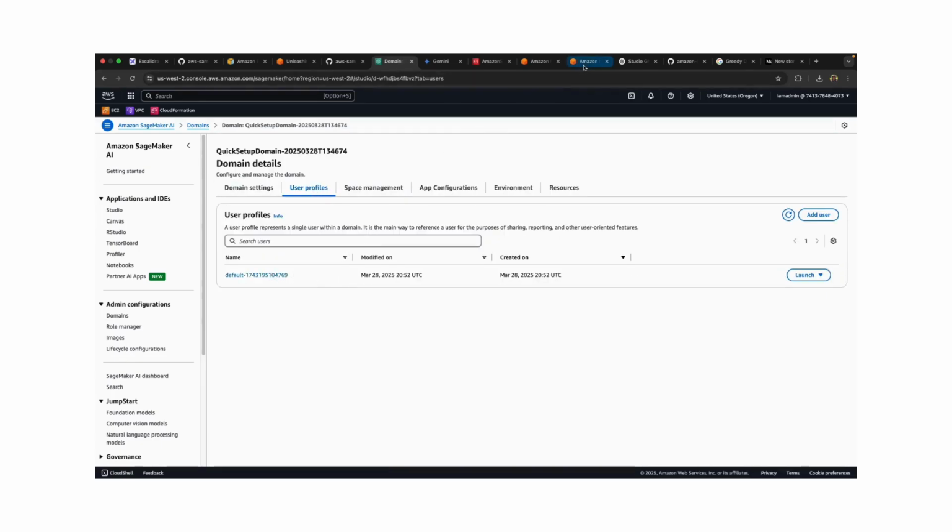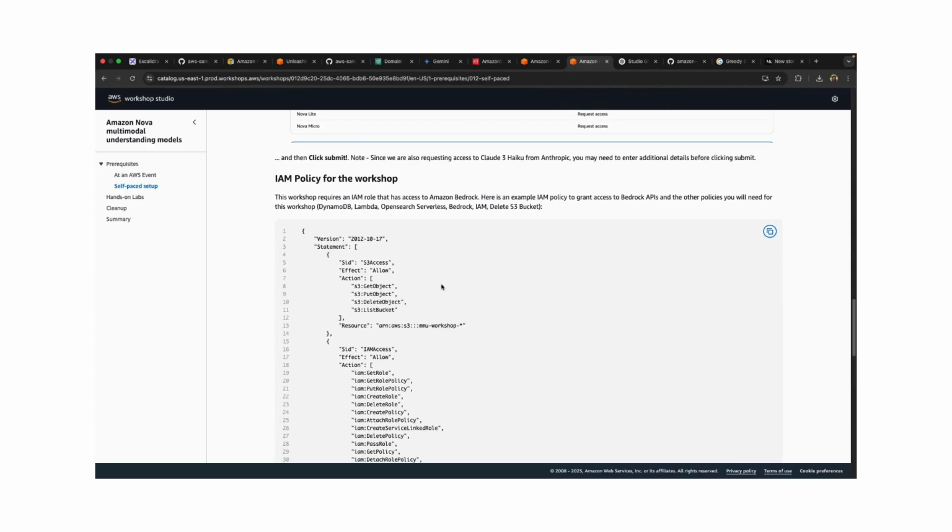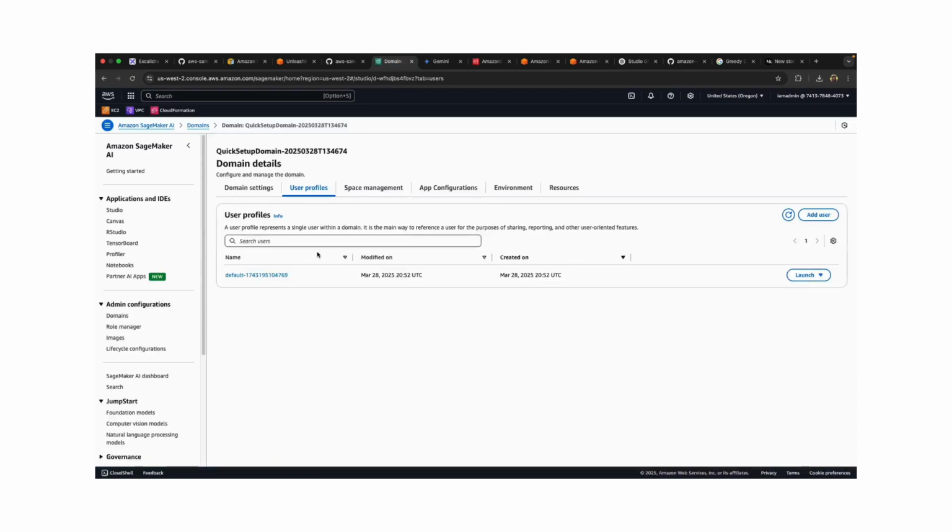So here's the thing. For this workshop, you will need access to all these different AWS resources. So you'll need to update your IAM policy, because the default policy is only going to give you a lot of privileges within SageMaker. So what you're going to do here is hit copy, and then you will need to go to this particular IAM role.